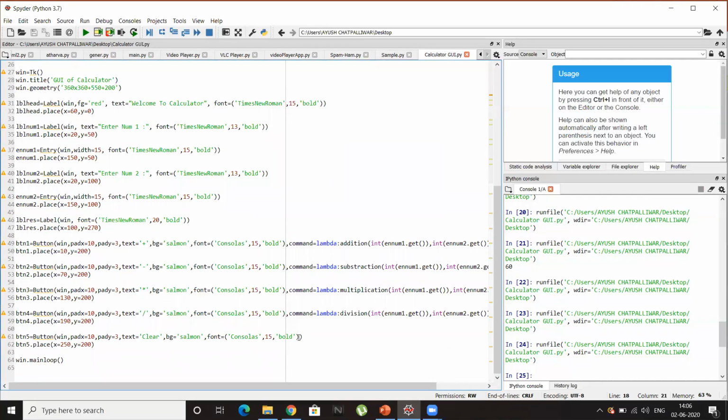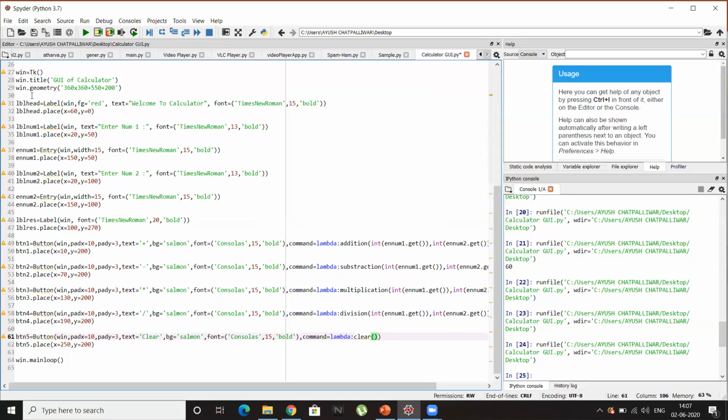So simply we can copy this much part. Command is equal to lambda, and paste it here. Now here our function name will be clear. And here we'll need to send the objects of the entry boxes.